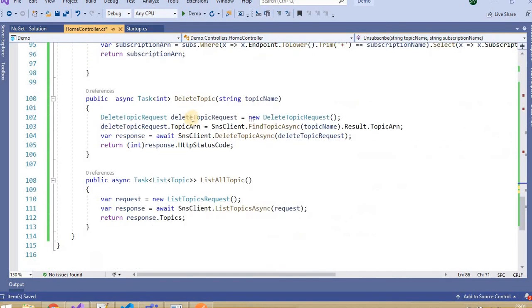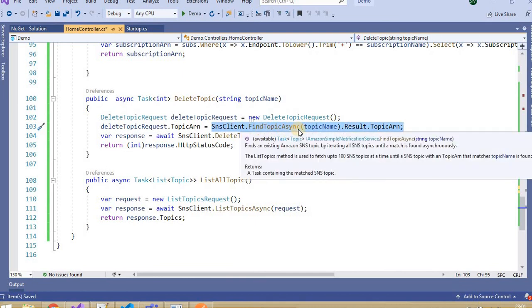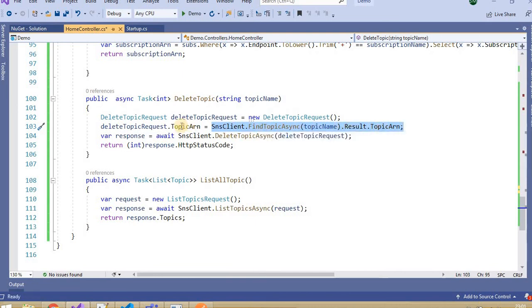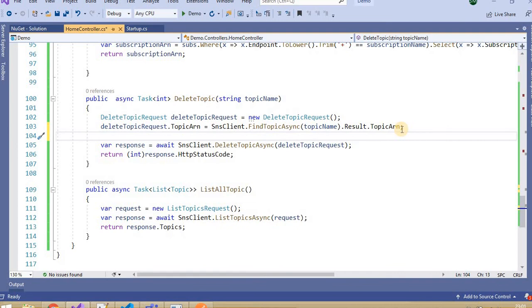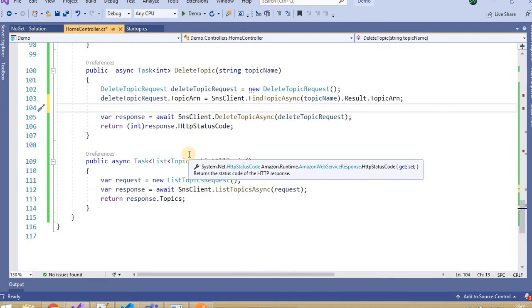And then we have delete topic. It's really very straightforward. You just need to provide the topic name or topic ARN. I am passing the topic name here, and from the topic name I am getting the topic ARN. Like in the examples we did, we use the FindTopicAsync method there, and from that result I'm getting the topic ARN. I'm just passing the topic ARN, then passing it to DeleteTopicAsync. It will delete that particular topic. And one more important thing: if there are multiple subscriptions under that topic, all will get deleted automatically, right?